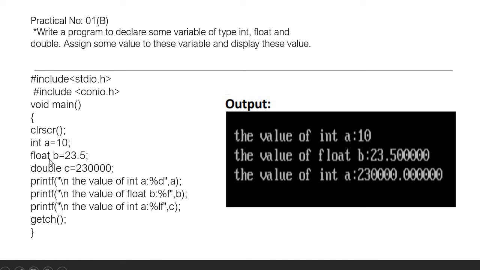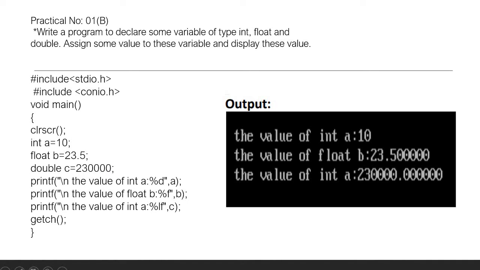Next my data type is float. Float is nothing but decimal numbers. Students, within the integer, 0 to 9 numbers get stored and the byte size is 2. Within the float, byte size is 4 and within the double, byte size is 8. Now over here we are assigning the variable b and we are declaring the value 23.3, that is my decimal value. Double, that is a variable, gets assigned c and this is my value.